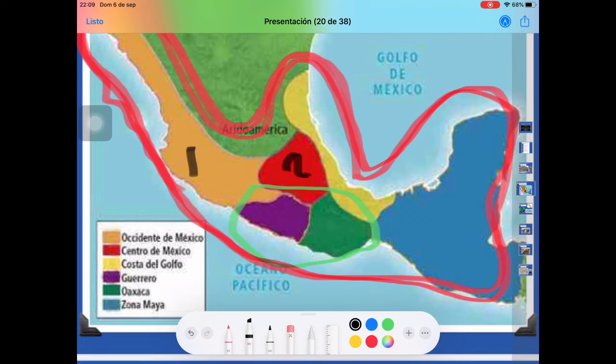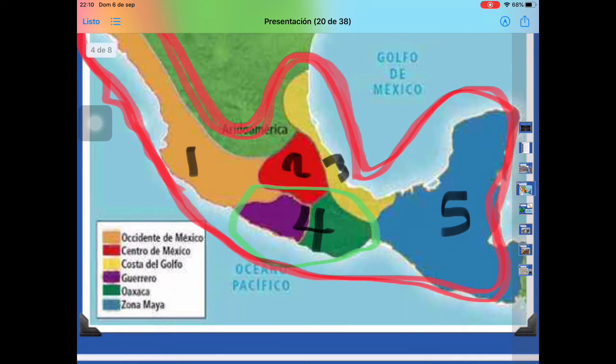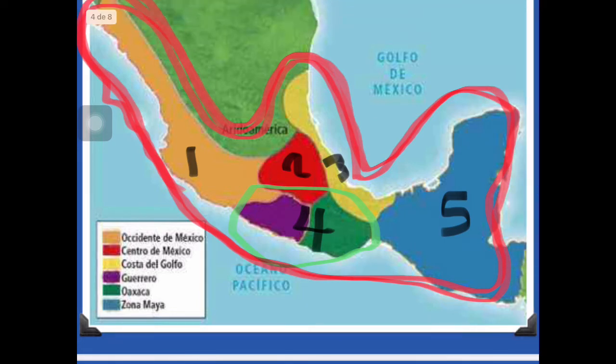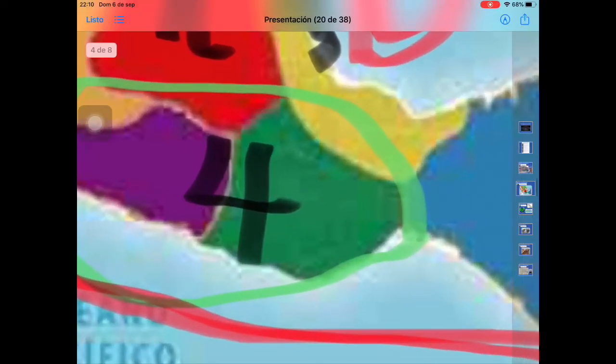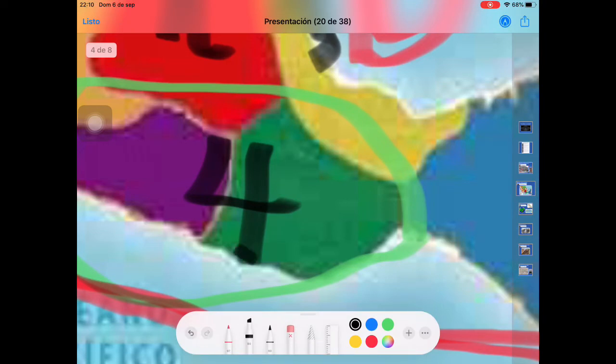Most of the time this is just the Oaxaca region, but it is okay if you have the criteria that you are using and you really know why you are making a difference between Oaxaca and Guerrero, then this is valid. But what you need to notice is, again, the scale of a region is pretty relative, right? Because even inside Oaxaca we can find smaller regions like the Mixteca region or the Zapotec region or the Mije region,